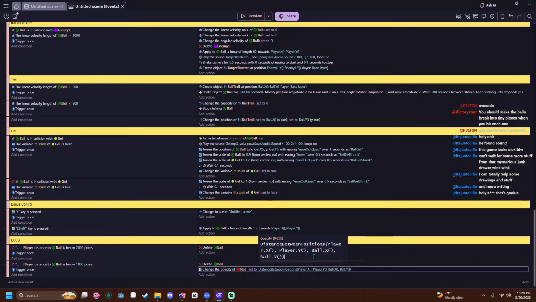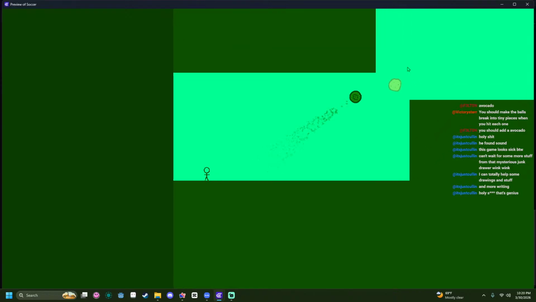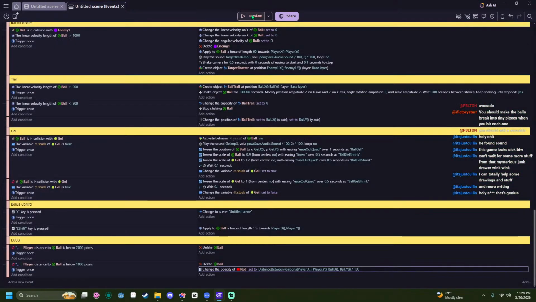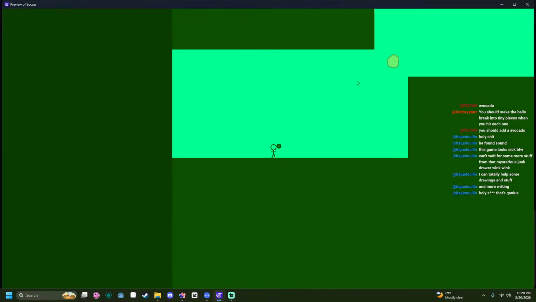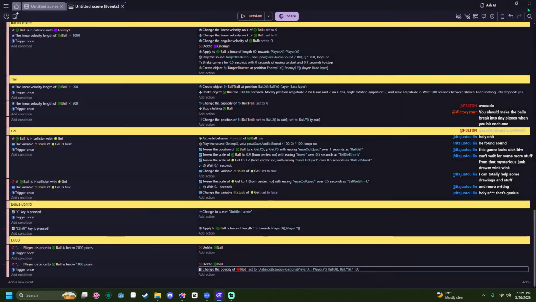So we need to divide this by like a big number. I'm thinking at least 100. We'll do like 150, or we'll just do 100 for now. See how that looks. That should still do it instantly, but barely. Oh no, it didn't. Oh, don't delete the ball here.